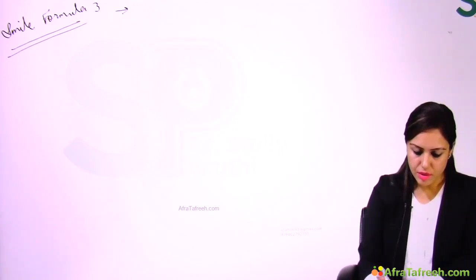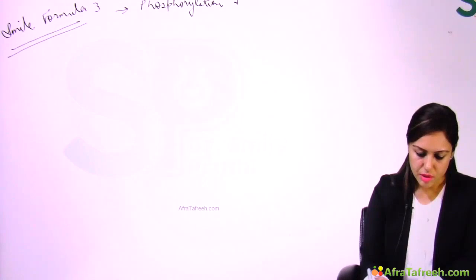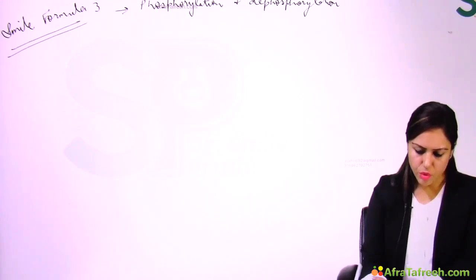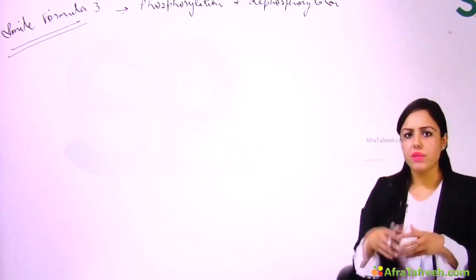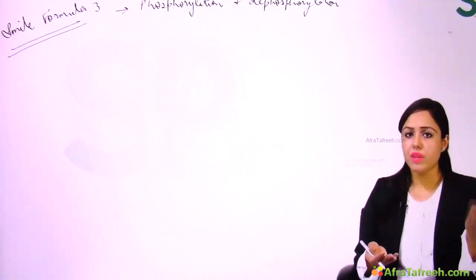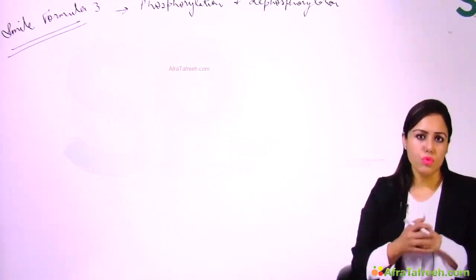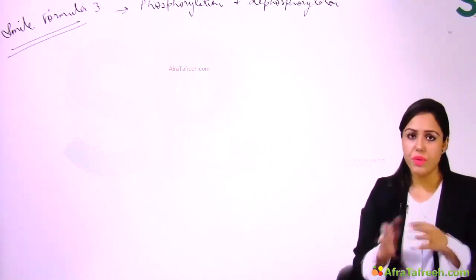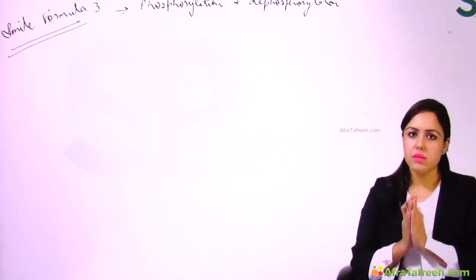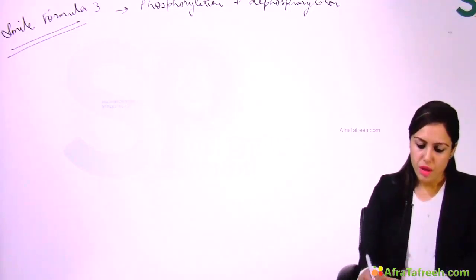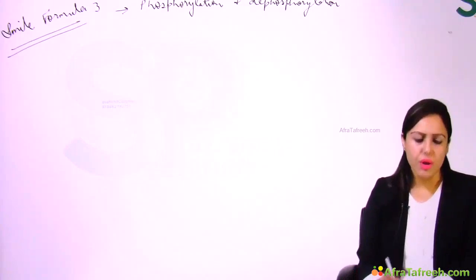Coming to formula 3. Formula 3 is about phosphorylation and dephosphorylation. You know, questions are asked that which enzyme is active in phosphorylated state, which enzyme is active in dephosphorylated state, which hormone causes phosphorylation, which hormone causes dephosphorylation, what is cyclic AMP. All these things will be solved under this heading of formula 3. So let me tell you, in short,